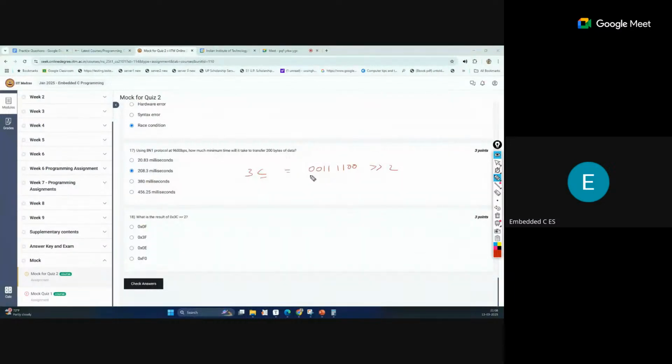And that means we will shift all the bits 2 positions to the right. So 1 1 will come here like this, and 1 1, and all will become 0 0 0 here. Okay, so all bits we have shifted to the right 2 times. So now we are getting this as the first hexadecimal digit, this as the second. This is equivalent to 0 and this is equivalent to F. So now this is 0F. Okay. So this is the answer for this one.